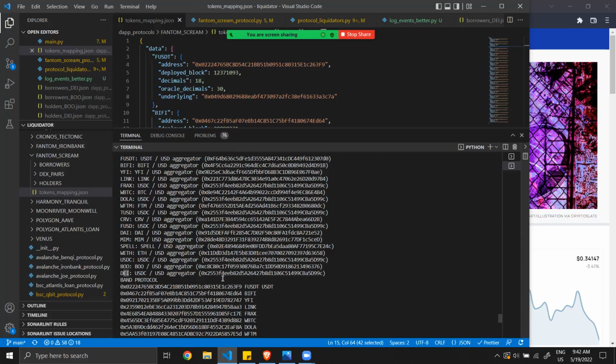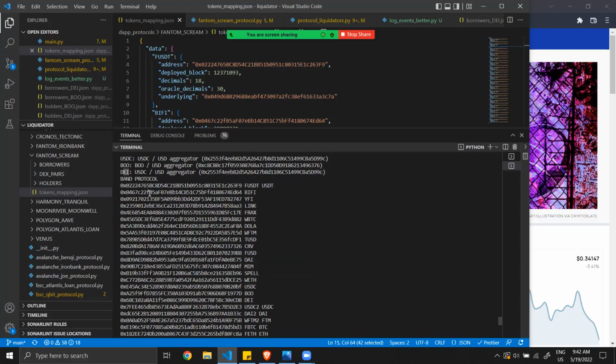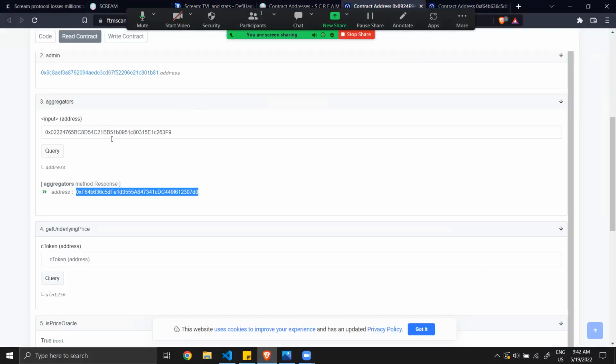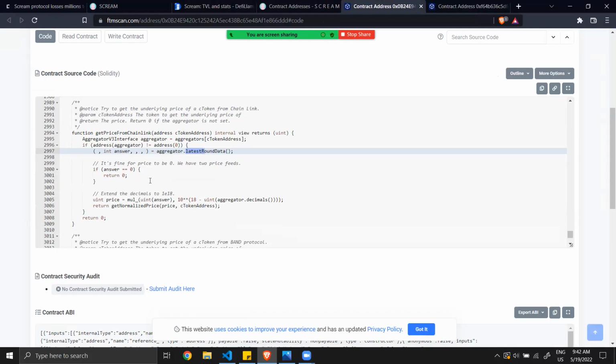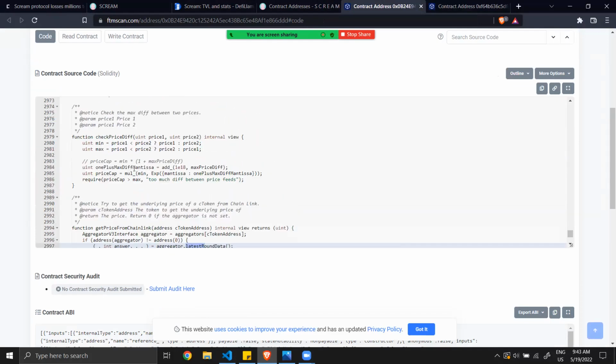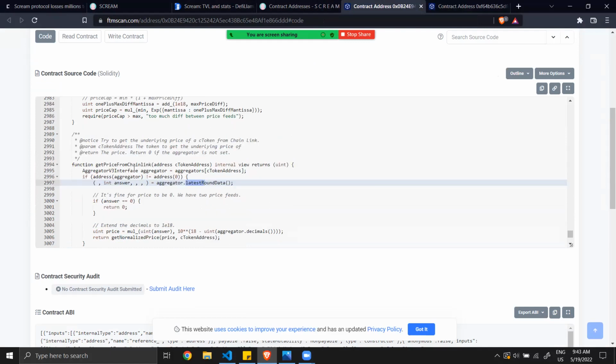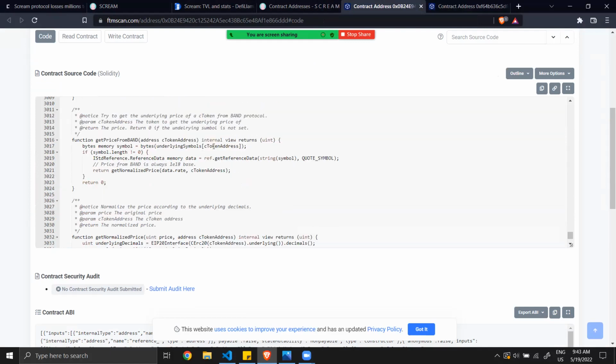Okay, now we will have a look at how Band Protocol is working. Let's see here, the code. So Band Protocol is working with an associated symbol. You get from the contract the symbol associated with an address of a cToken.